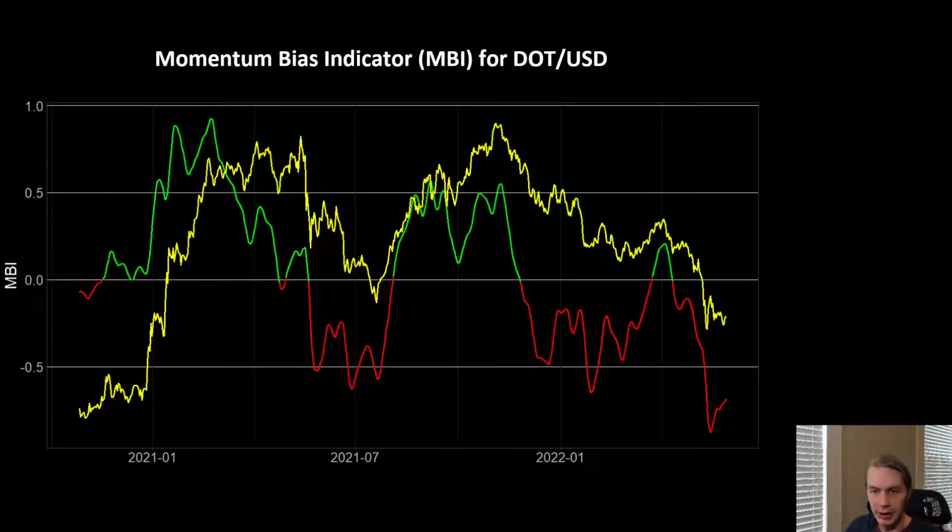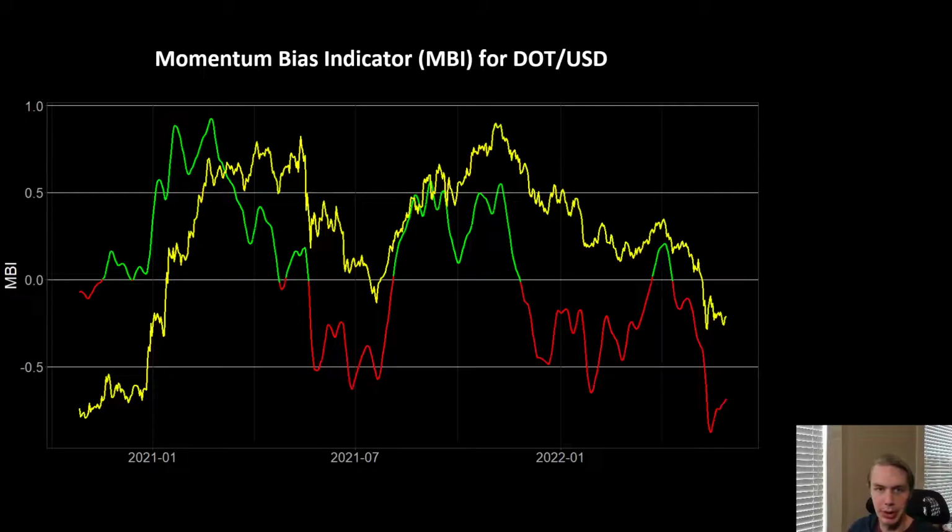So with DOT, obviously we've been in a pretty oppressive downtrend ever since the all-time high that we were able to put in back in the latter part of 2021. It's been this really nasty drawdown ever since. Really, the high watermark being when the Parachain slot auctions started, and we've more or less just been seeing down with some minor relief rallies ever since. So what can we think of when we're seeing this, and what are some things we might want to look for before we can turn more bullish again?